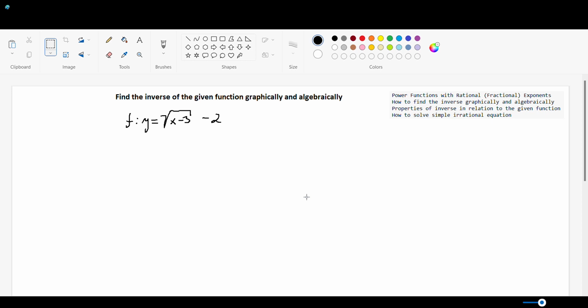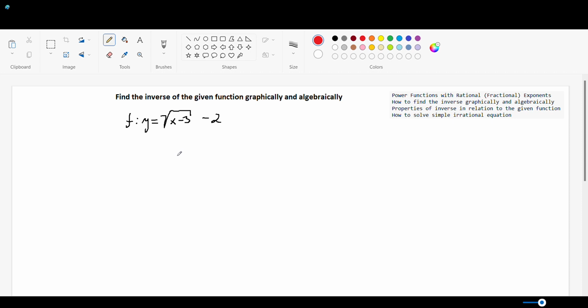Okay, hello everybody. So we are now recording, and today's task is to find the inverse of the given function graphically and algebraically. Our given function is defined by the equation y equals square root of x minus 3, minus 2. In this exercise we will see a complex overview of a lot of things,